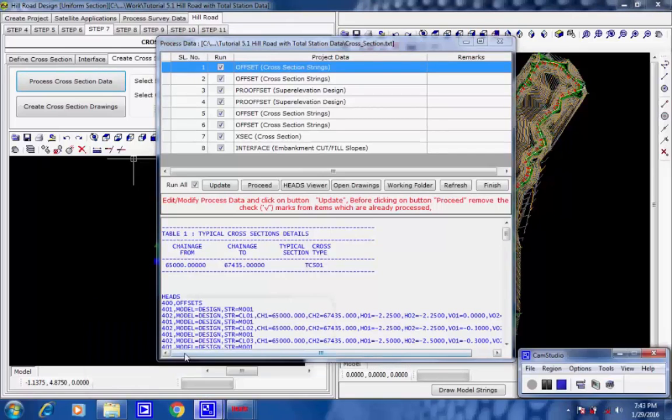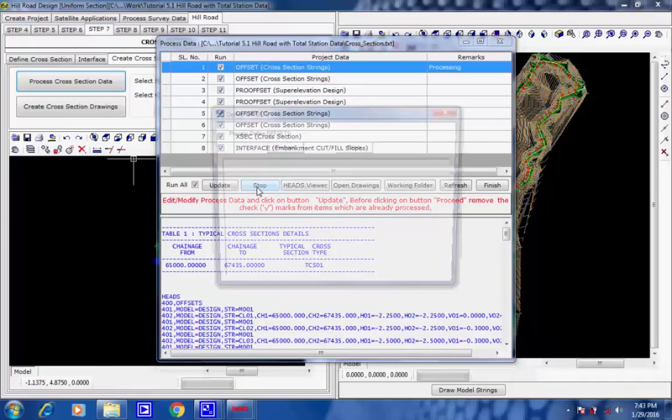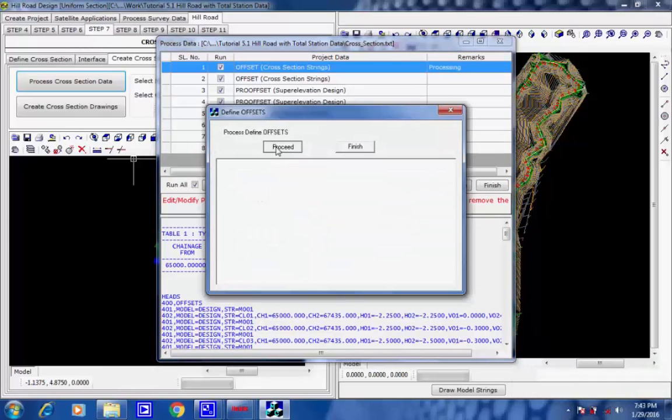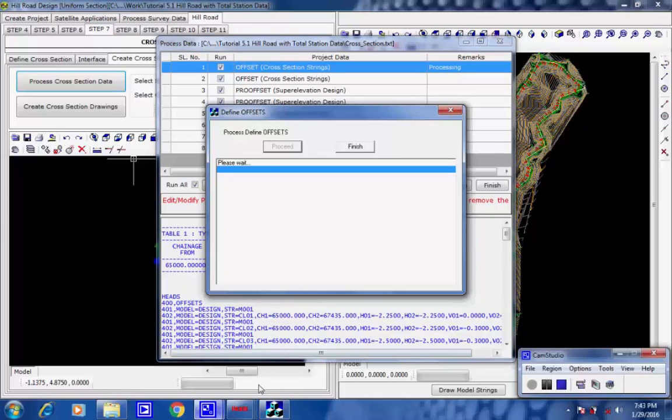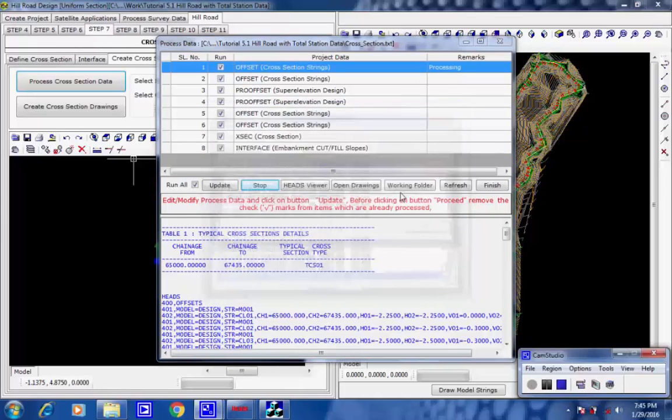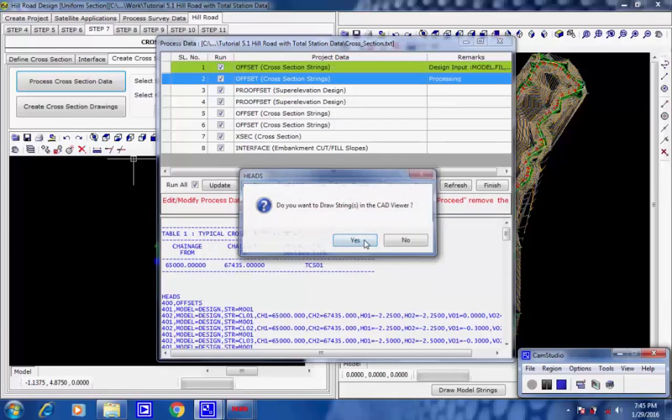The process box comes with a list of batch processes in proper sequence. We click on button Proceed to process each step with the related data as displayed in the lower part of the process box. Every time we click on button Yes,